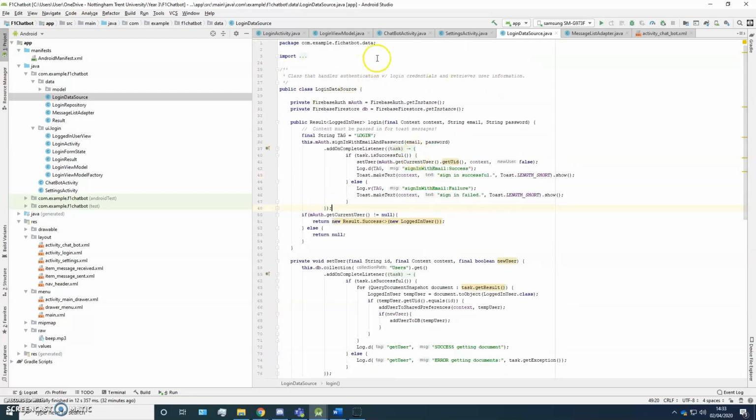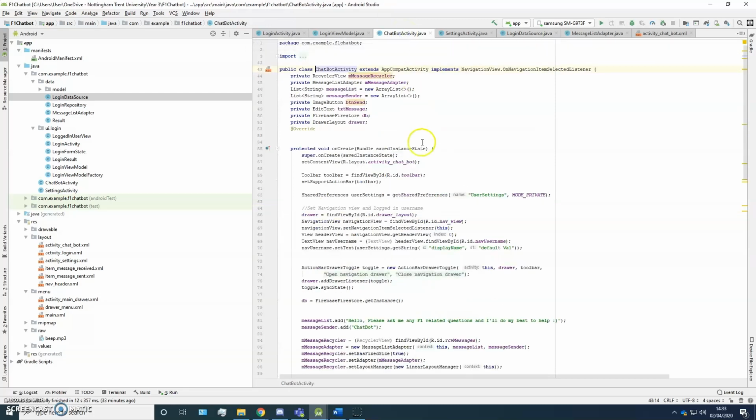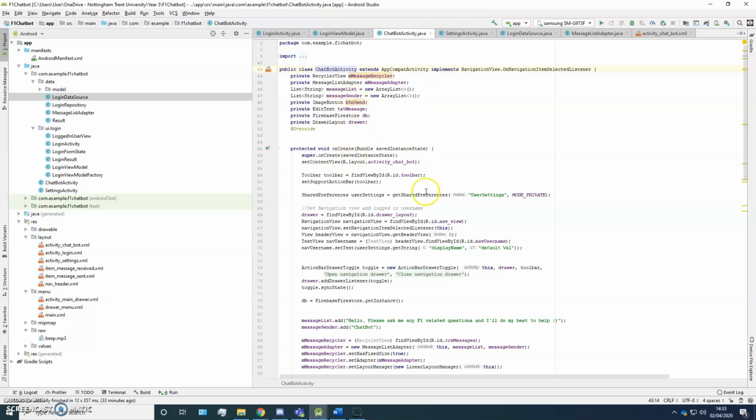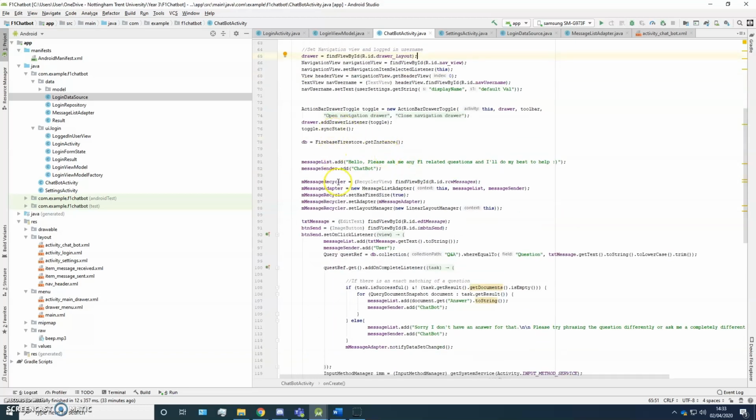Next we'll look at the chatbot activity Java file. So we've initialized the drawer here for the navigation bar at the top, and then we're adding a message to the recycler view first off to welcome the user and just prompt them to ask a question. This is done by